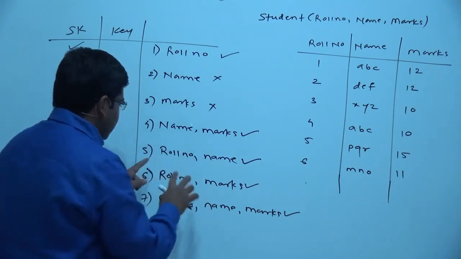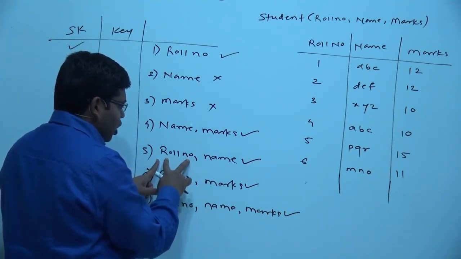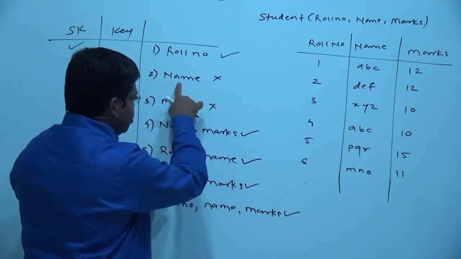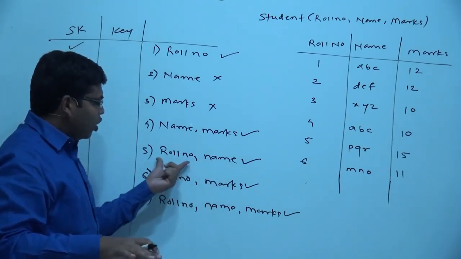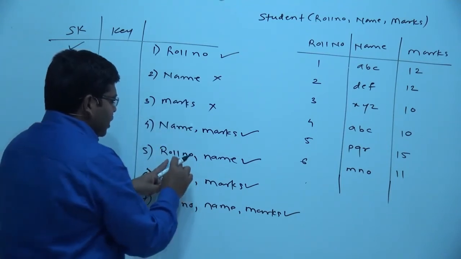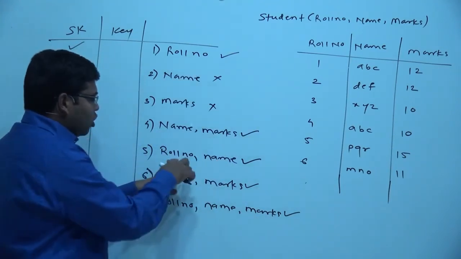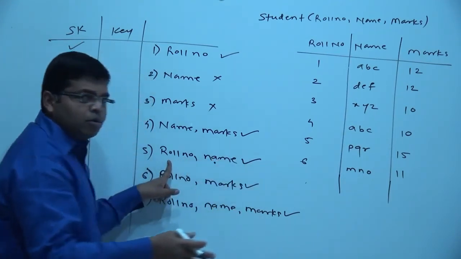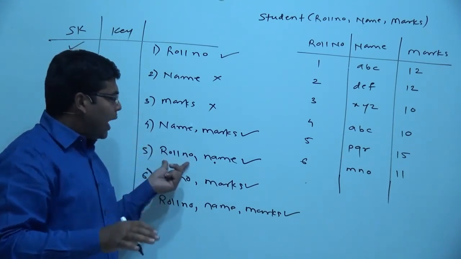I repeat again, consider the combination of roll number and name. If we drop roll number, the only remaining attribute will be name, and name alone is not a super key. But when we drop name, then the remaining column will be roll number, and roll number alone is a super key. So what does that mean? In this combination of attributes, roll number alone is able to uniquely identify the rows, or roll number alone is the key, and therefore in this combination the name attribute is an additional attribute. It is not needed for the property of keyness. Roll number alone is sufficient to act as a key.